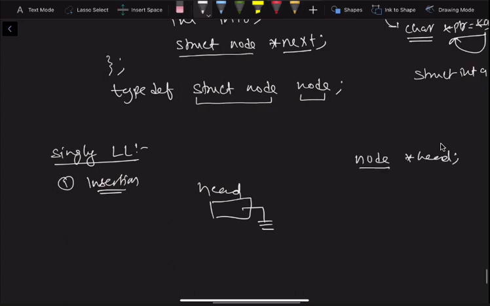So a node type of pointer which is holding only one address, and since we have not created any node, it is pointing to null, and that's what we will write here. By default it is not pointing to null. Since we don't have any node, we have explicitly said that head is pointing to null. Okay, now we have to insert one node inside this. So what should we do?